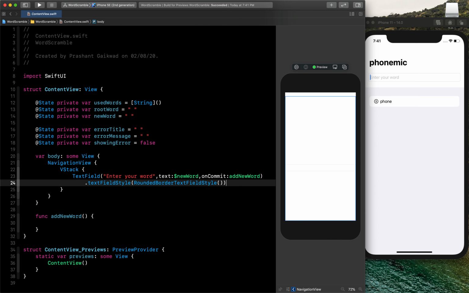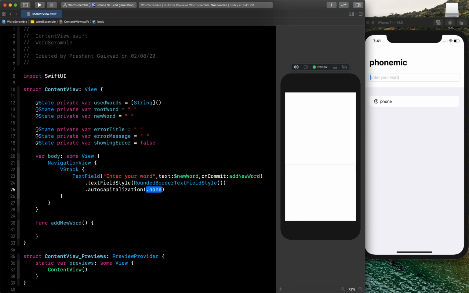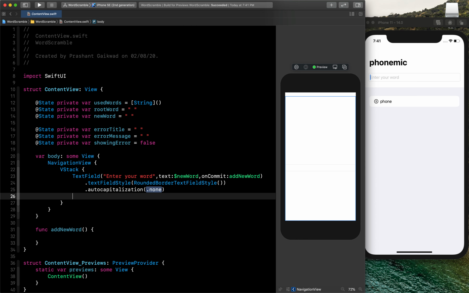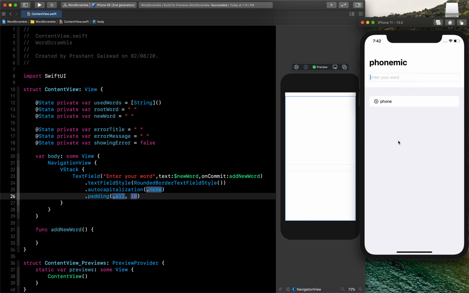Then next I have to say dot auto capitalization to dot none, so that it will take all the letters as small, and also I need to give some padding. So now here you can see our text field is visible. Now we can go ahead and create this bottom list.